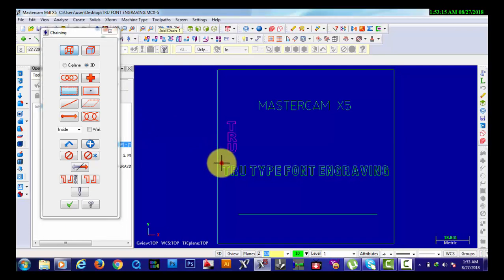Then click here. Select all text engraving. Then click OK.